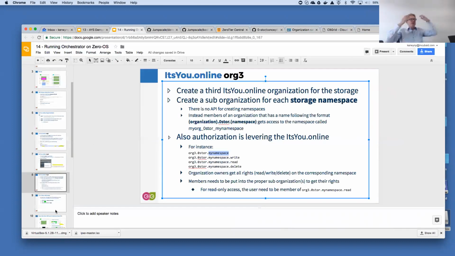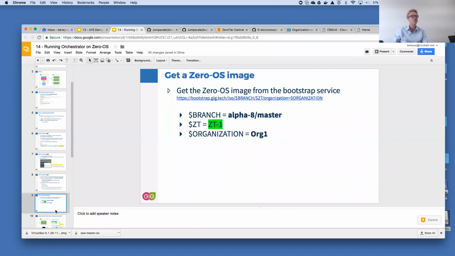Okay. A lot of introduction on HU Online, a little bit boring maybe, but again, it's about security. It's important. It's not an afterthought, and it shows at least that we are serious about security.